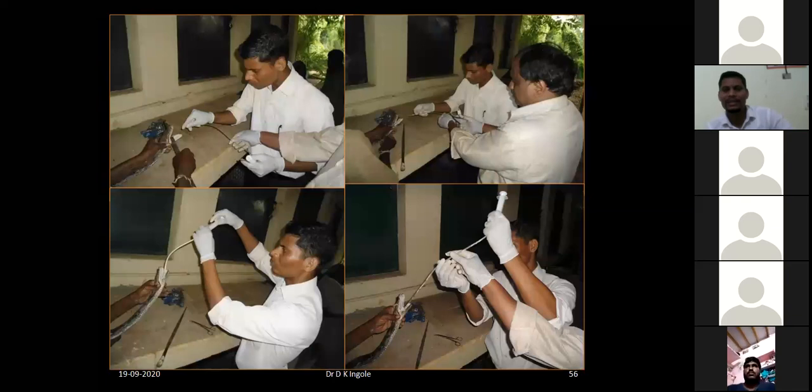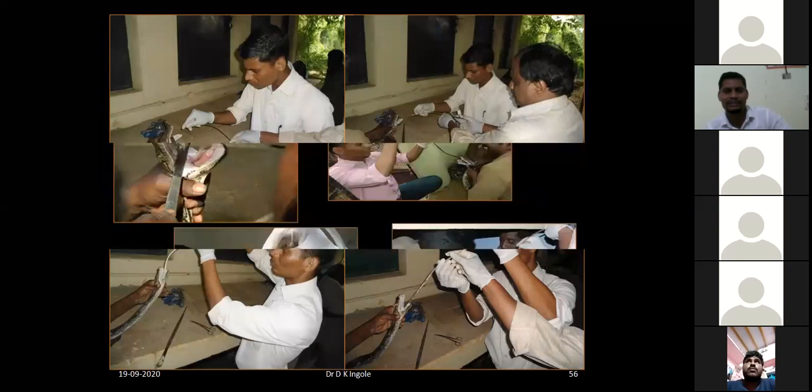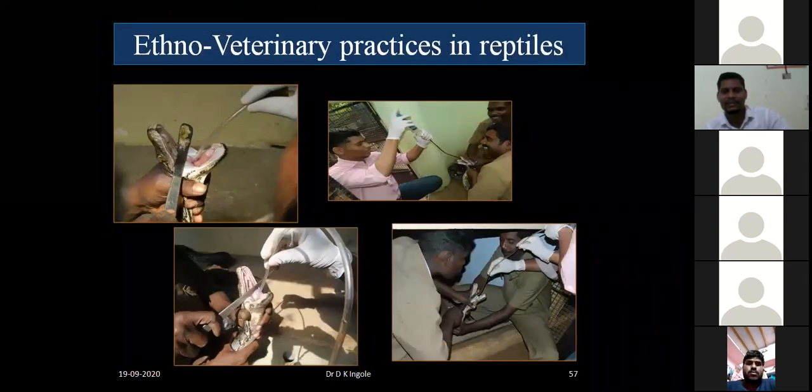So I used deworming. I used ivermectin oral solution as well as neem leaves aqueous extract and methanolic extract. This was my study project during my master's. One skill is to intubate the stomach tube into the snake, because the epiglottis and glottis will be there. So how do you identify these? That is very interesting, handling these animals and treating them.